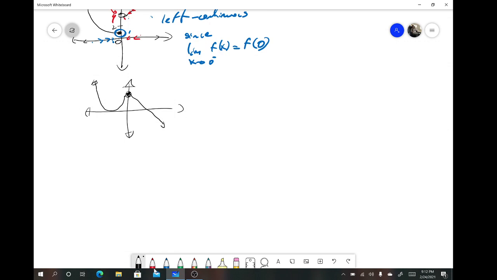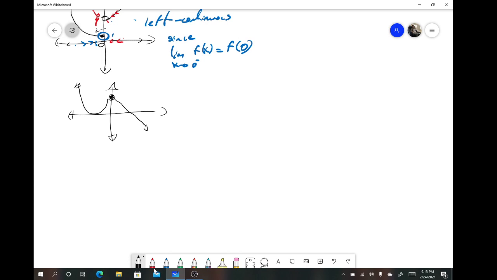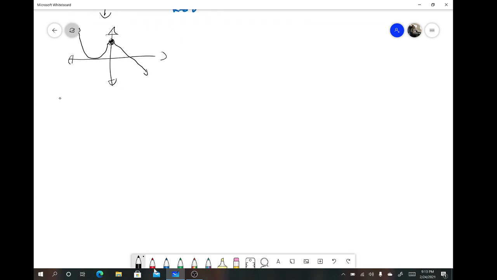Being continuous on an interval, once again, is extremely important because understanding when you're continuous will help you solve problems, and you will make some theorems hold true, and we may see that at the end of this video. One of those very important theorems that we will use during the semester assumes that the function is continuous on the interval that we're working with. All right, so let's move into